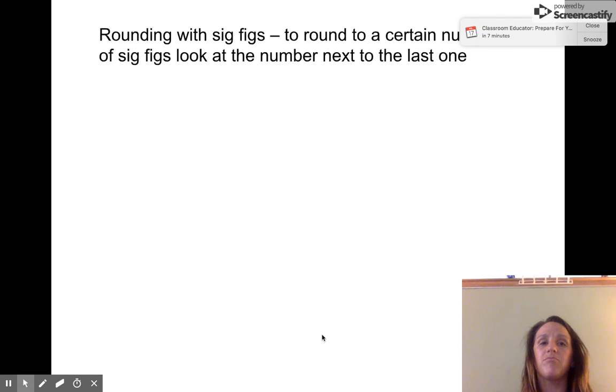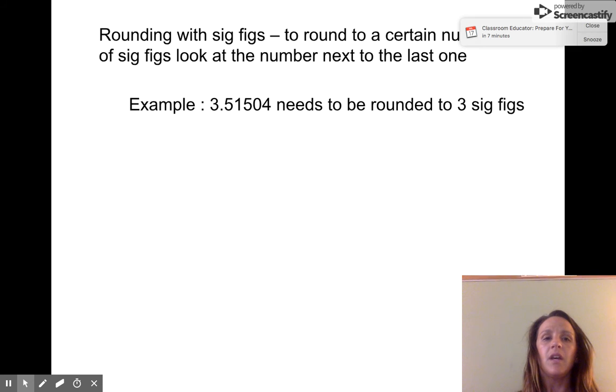All right, let's talk about rounding. If I need to take this measurement and I can only use 3 sig figs,